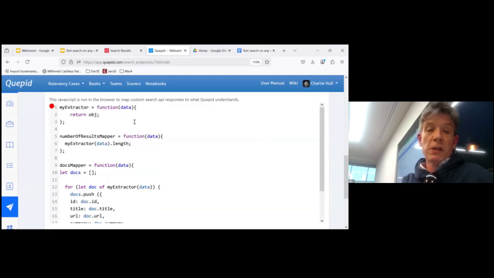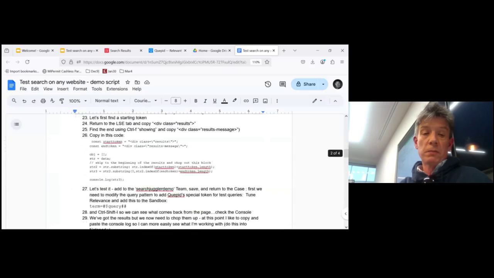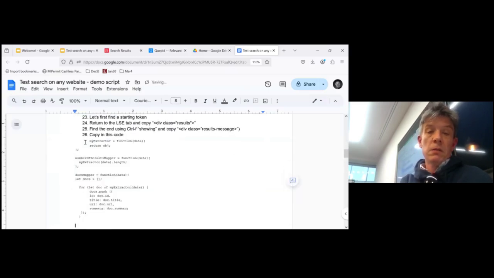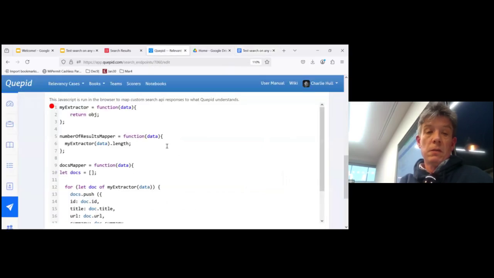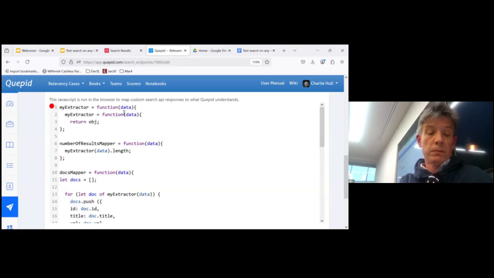I've got my own function here called myExtractor, which is actually going to do the extraction. And then by going through that HTML, I need to find those text tokens and work on that data object. I can add some bits to my myExtractor function.